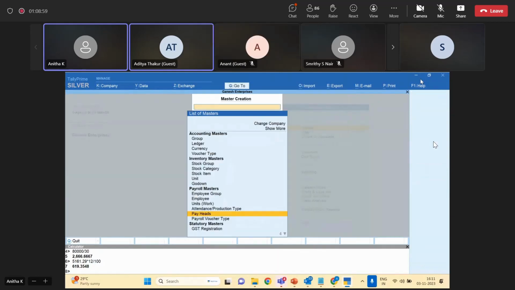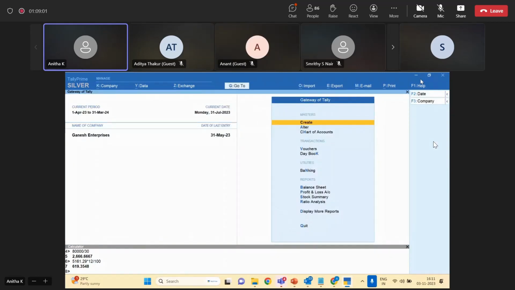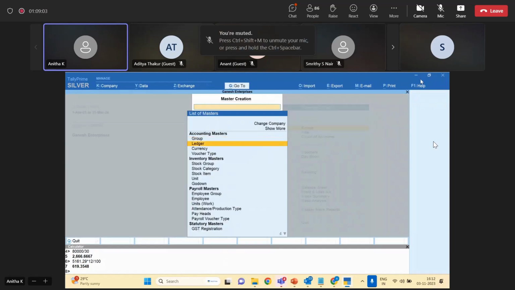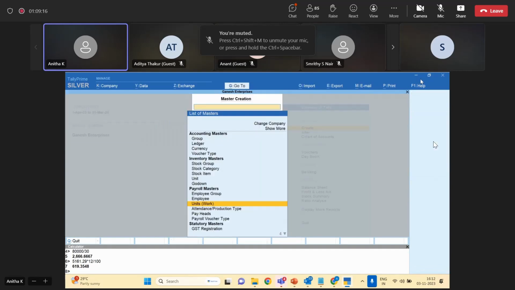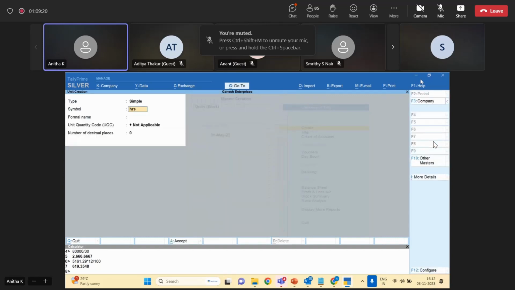अभी हम ओवर टाइम का दिखाती हूँ मैं। जब भी आपको ओवर टाइम होता है, उसके लिए भी आपको एक पे हेड करना है। उसके पहले आपको वर्क यूनिट्स क्रिएट करना है। ओके, इन केस ऑफ ओवर टाइम, यदि आप आवर्ली बेसिस पे कर रहे हैं, तो आपको एक यूनिट बनाना पड़ेगा। फर्स्ट स्टेप, गो टू क्रिएट यूनिट्स।